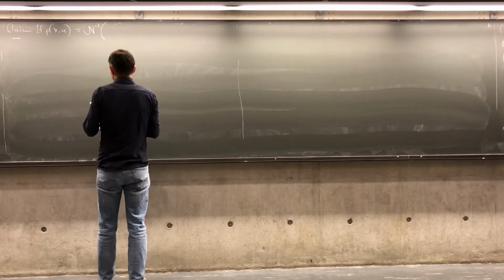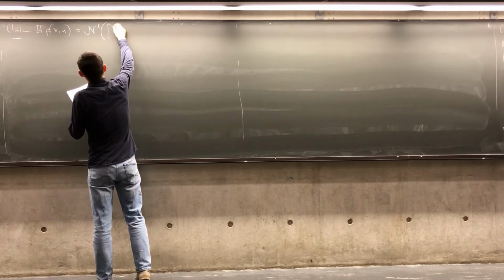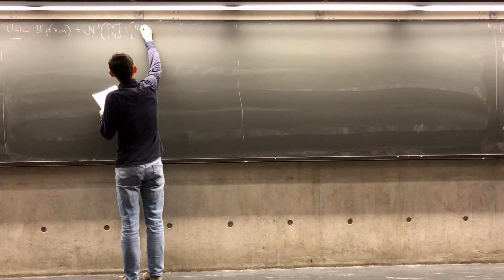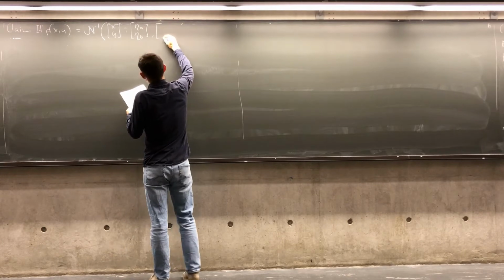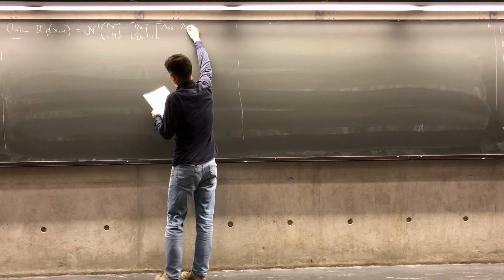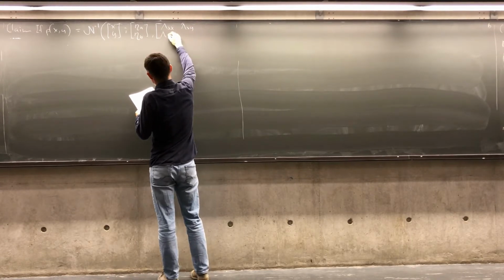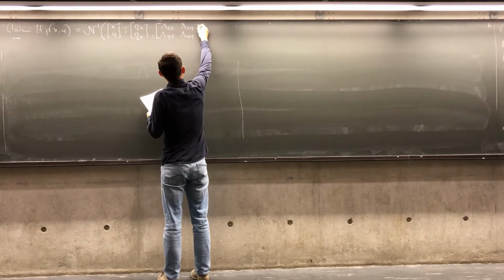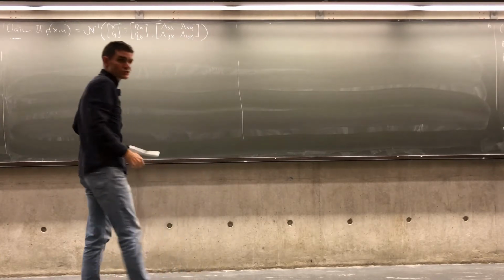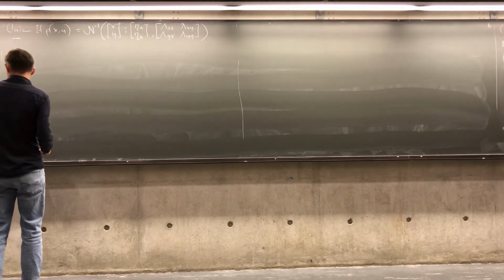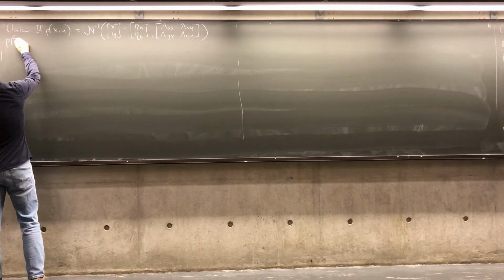n minus 1, x and y, and then potential vector, I call it vector A and vector B, and information matrix, joint information matrix, lambda xx, lambda xy, lambda yx, which is the same as lambda xy transpose, lambda yy. So if the joint distribution of x and y is given like this, then it's the marginal first, and